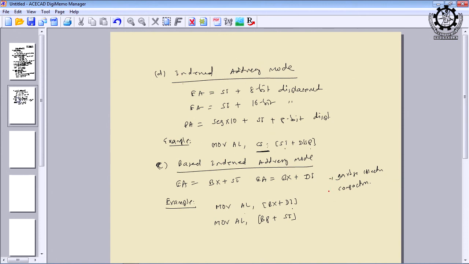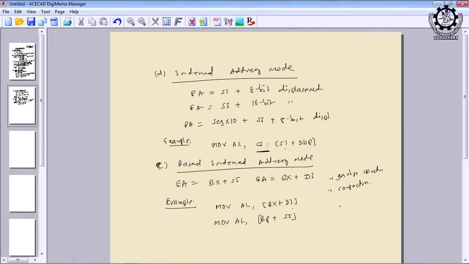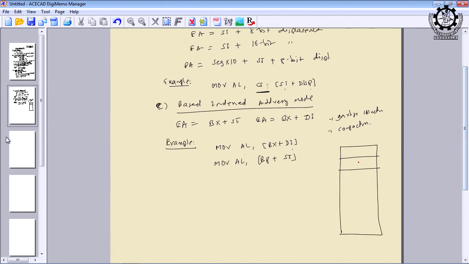So, these are the two best examples. There may be other benefits also, but these are at least two very common and popular benefits from the complex addressing modes. Okay. So, for example, this is your memory, 1 megabyte memory space, and we store the programs. Different users write different programs on the same computer. Assume that this is program P1 written by a user, this is program P2, and this is program P3, and so on. And suppose P1 starts from this memory location and ends here.